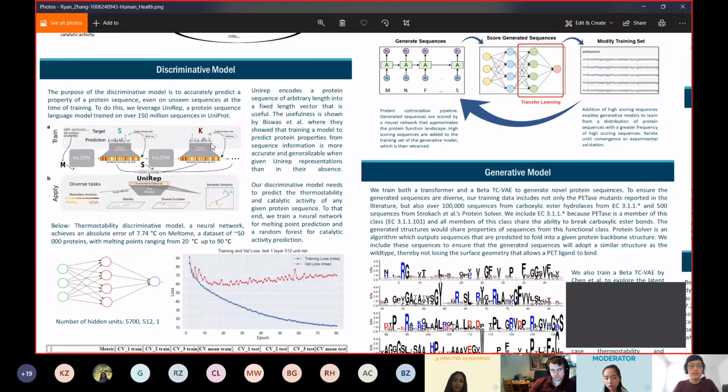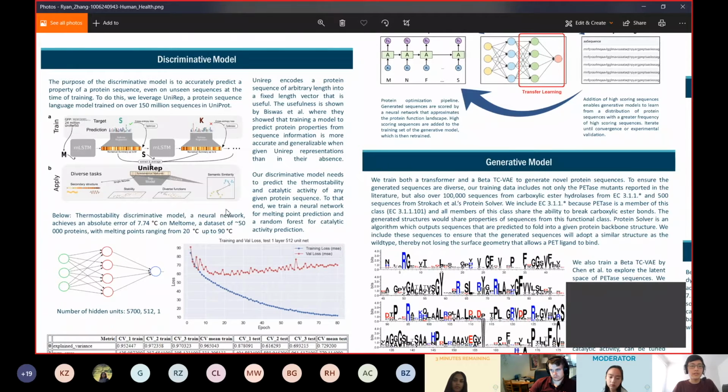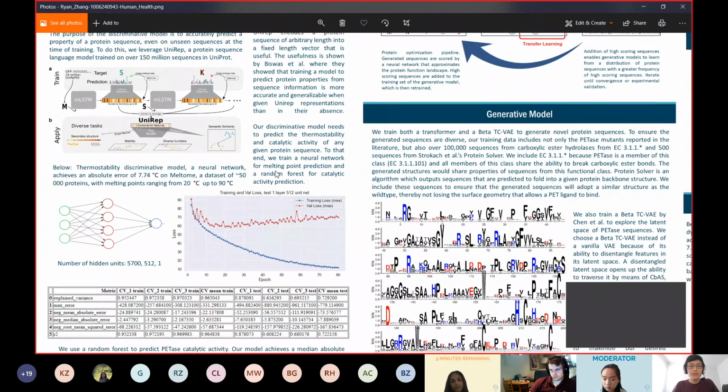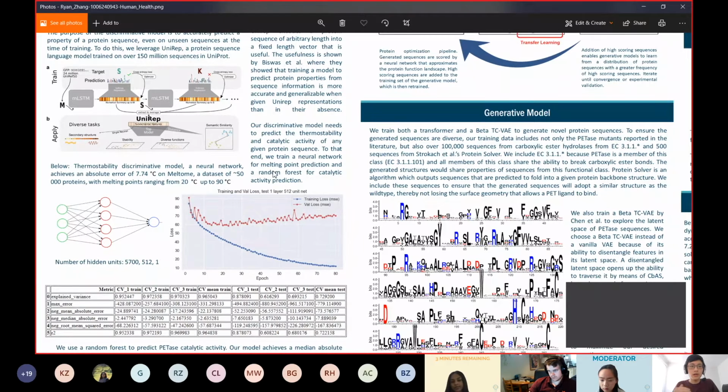From their work, that fixed length vector has been shown to be very good at many diverse secondary tasks, like predicting secondary structure, stability, and many other tasks. So we use this network to predict both relative activity and melting point. We train a secondary model on top of the generated vector for the protein sequence. This is a very simple model that takes in the generated vector and passes it through a simple neural network